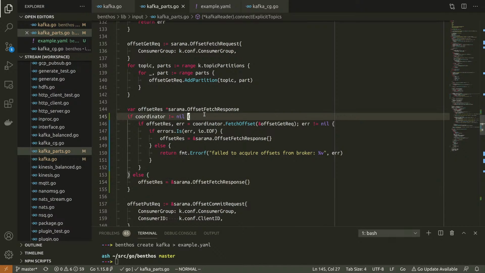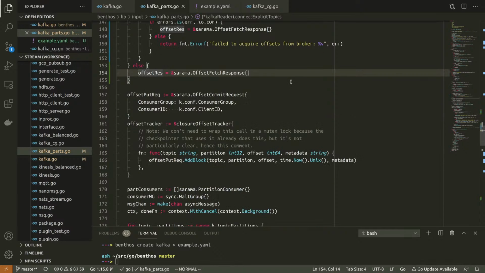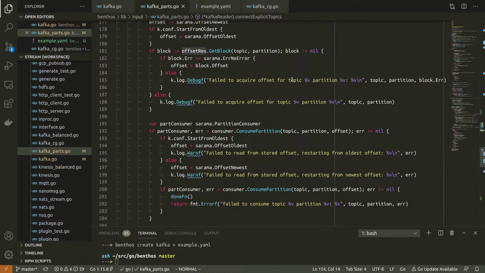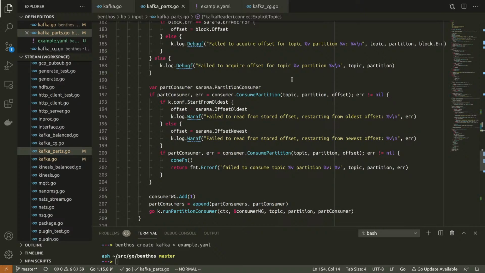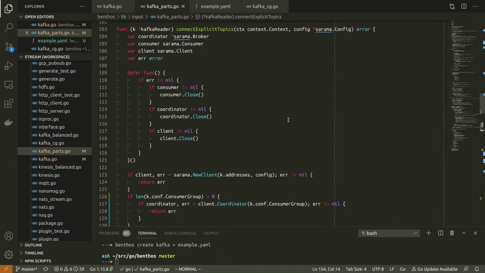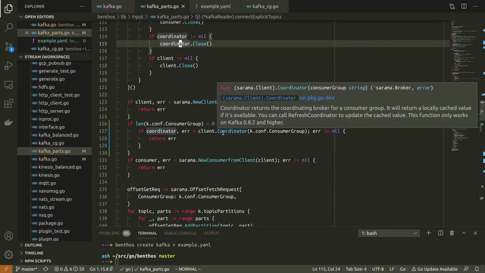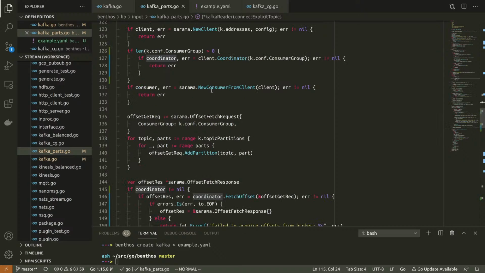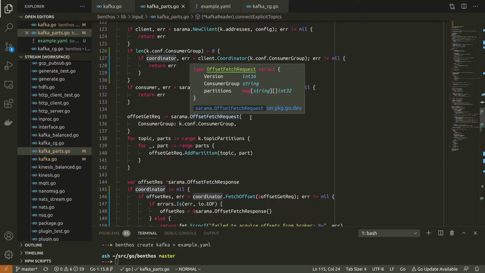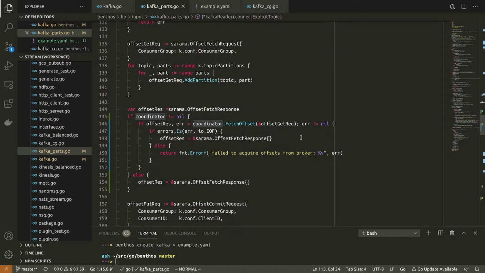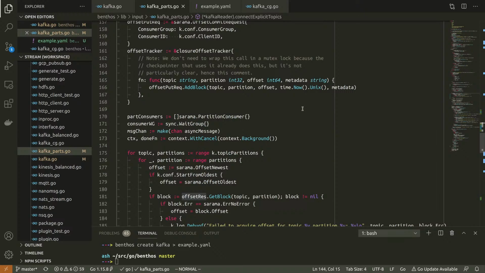Oh well. Okay, so empty offset fetch response, and that is important because we'll get an empty offset response, and then this is used.